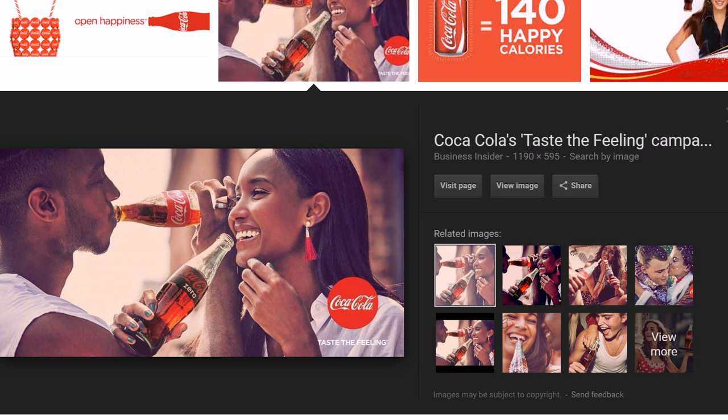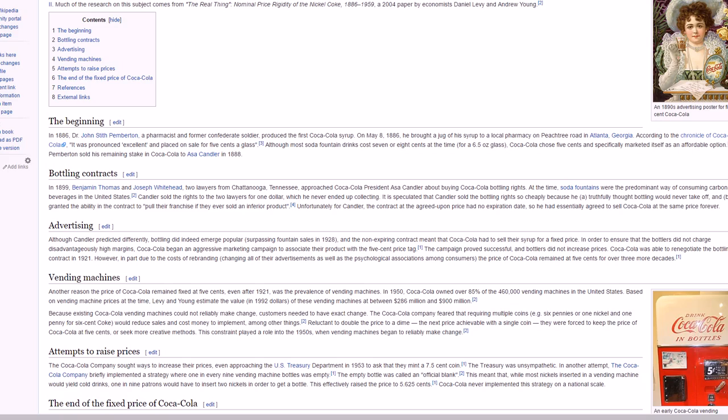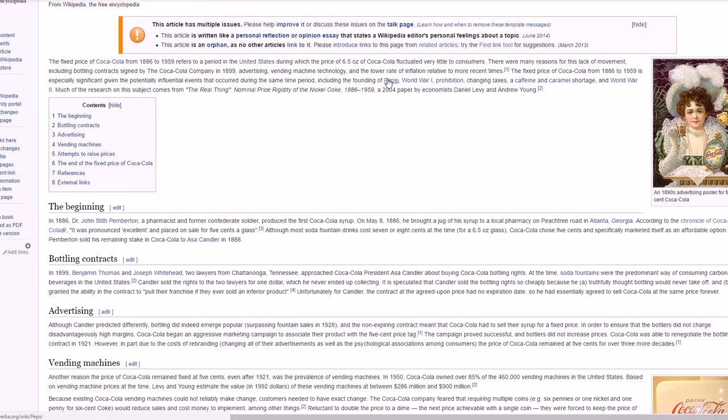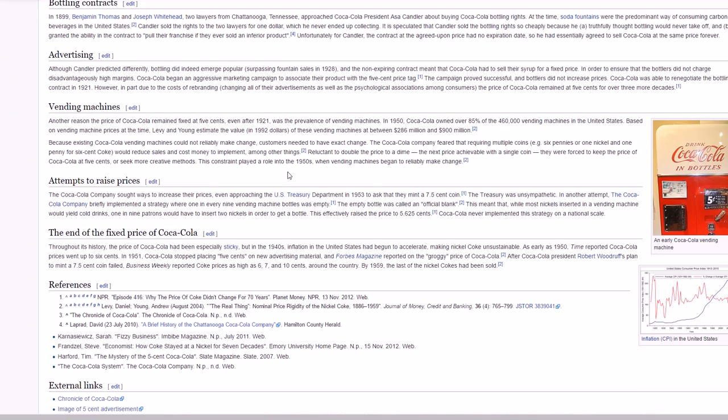Number 4, a consistent price. So you want to not piss off your customers or confuse them or do things like that by always changing your price points. So they actually had the exact same price for 70 years in a row. And if you want to read more about that, you can read at Fixed Price of Coca-Cola from 1886 to 1959. You can read the entire story behind that, having to do with vending machines and